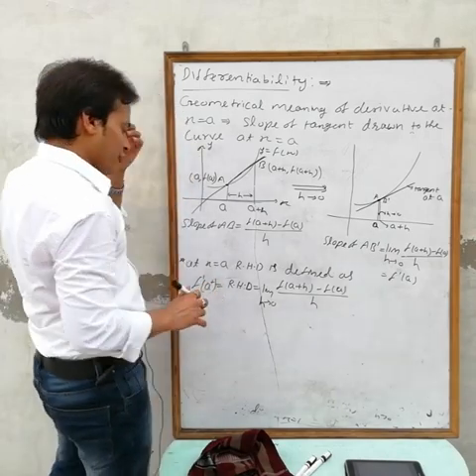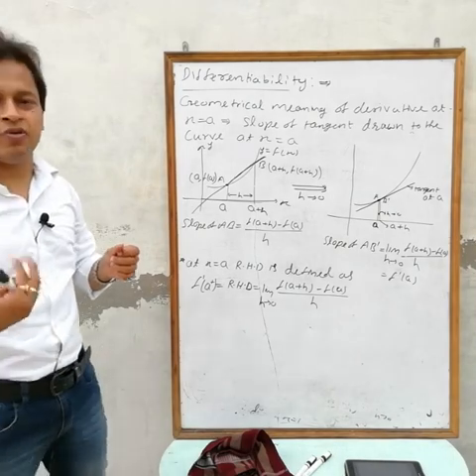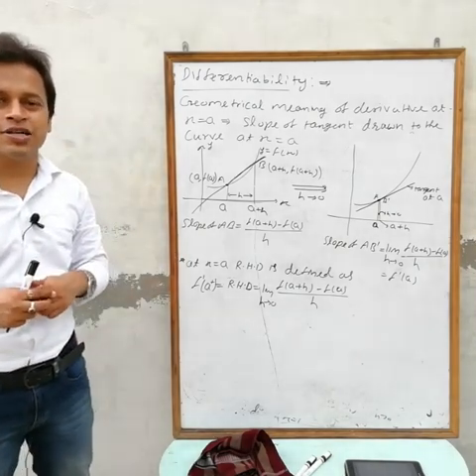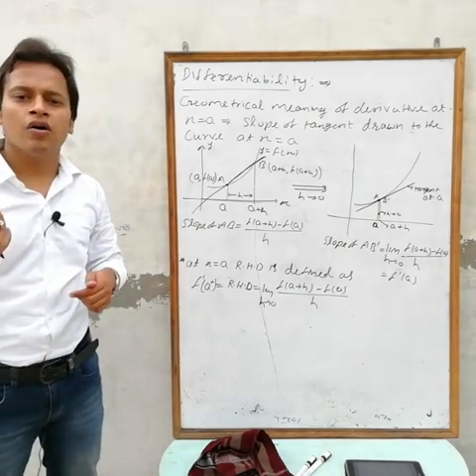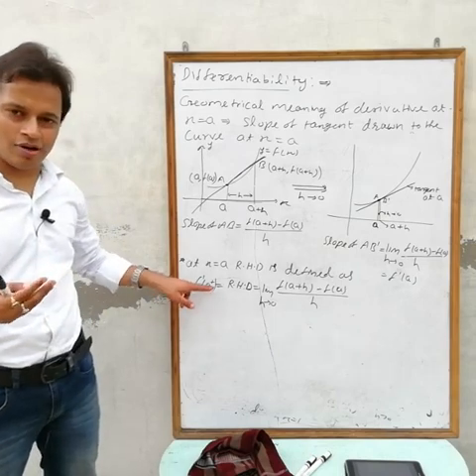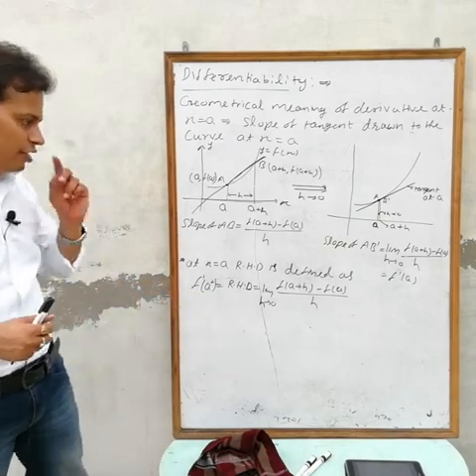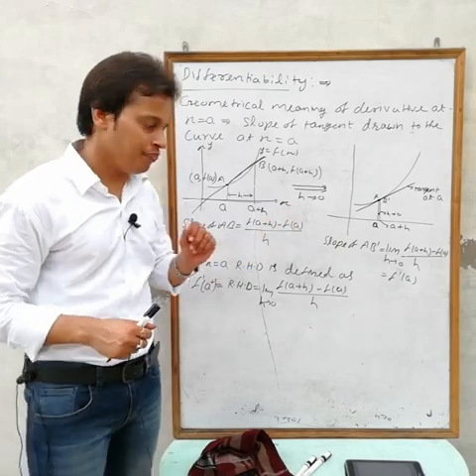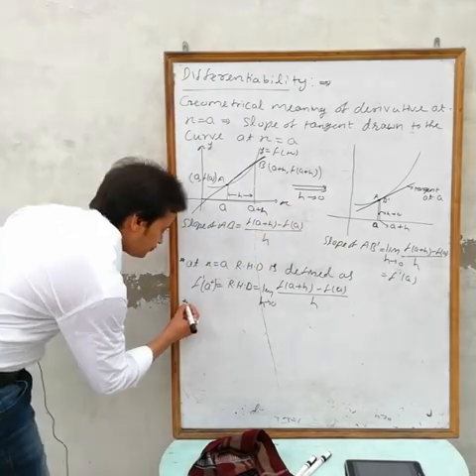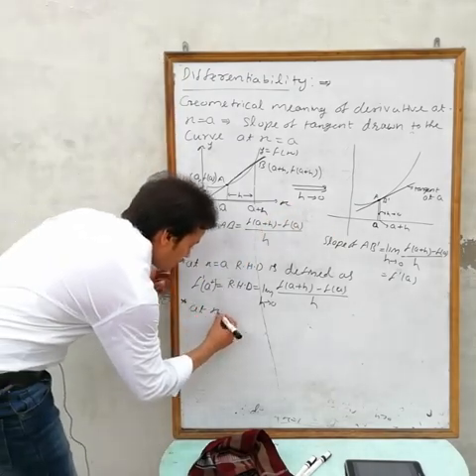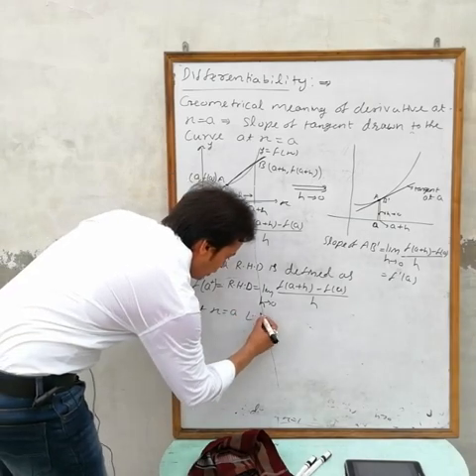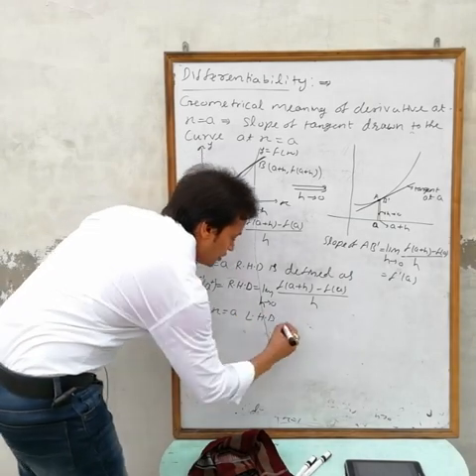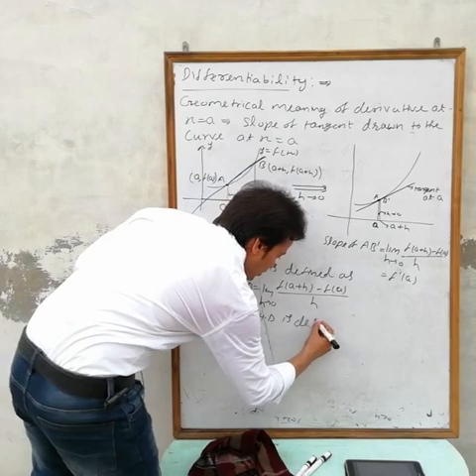Here f dash a means the derivative at a, and f dash a plus means the right hand derivative, a plus, meaning we are using the right side point. Similarly, at x equals a, the left hand derivative is defined as